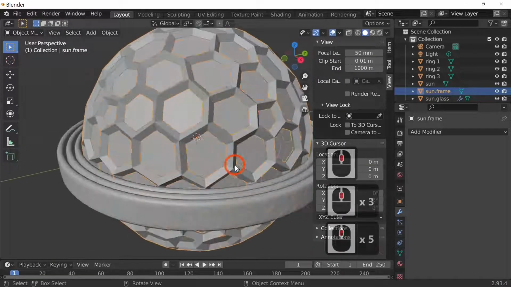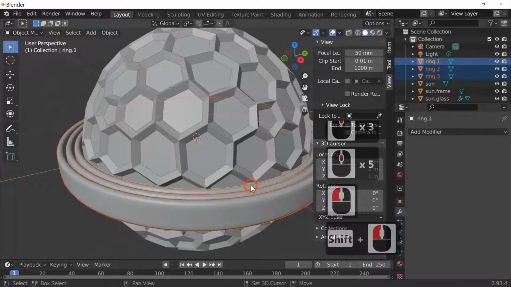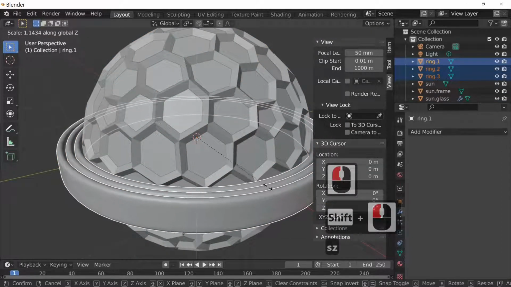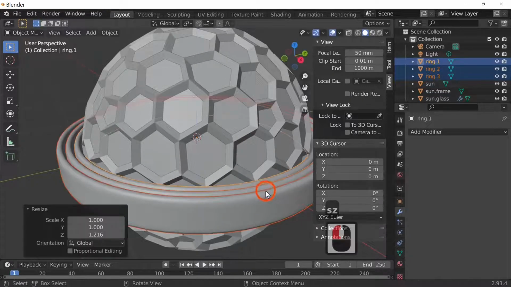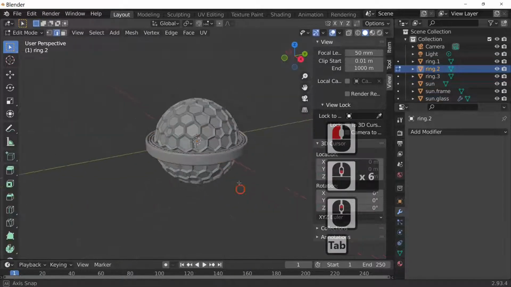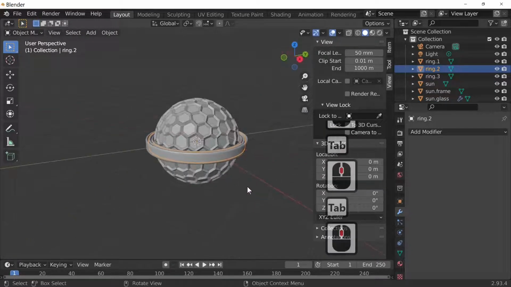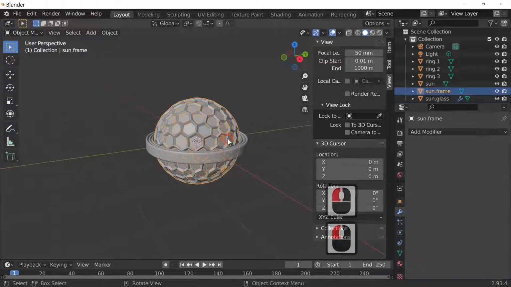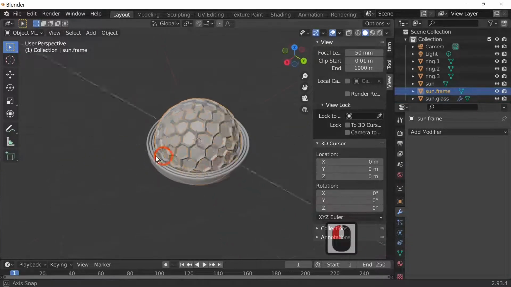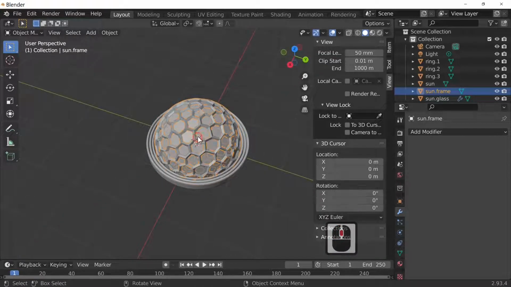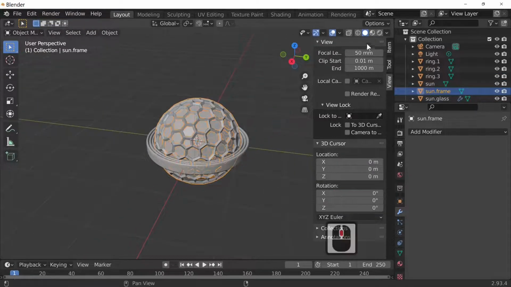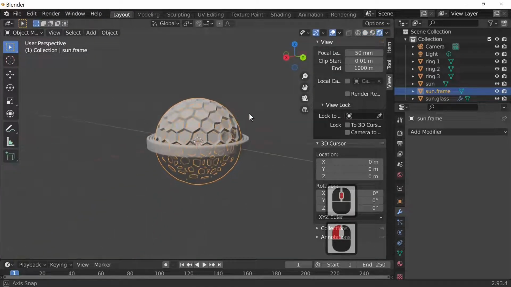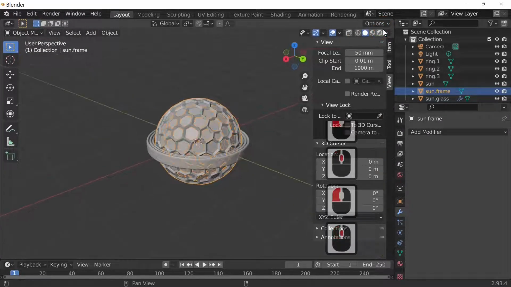And I'd like my rings to be a little bit thicker, so I'm just going to select all 3 rings and scale in the Z direction just to make them a little bit thicker all together. Yeah, that will do. So first of all, what I'm going to do is create the colour of the frame, then the sun, and then the glass last. But we've got to make sure that some of our things are now set up in our render, because at the minute this looks pretty flat, as you can see in our render.